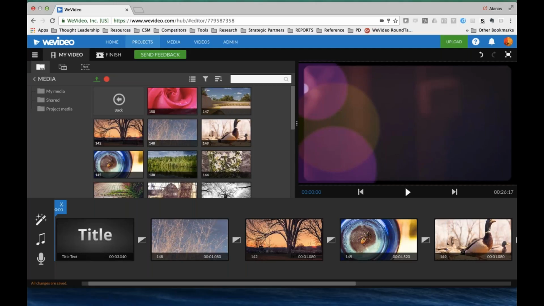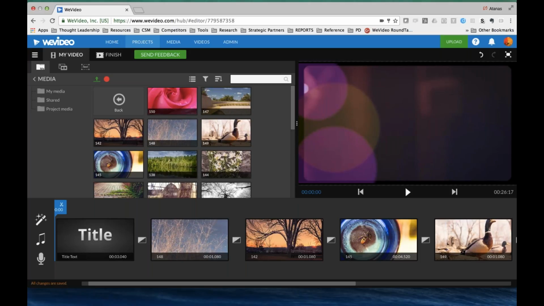You already had your photos in your media file already within WeVideo, but a lot of these users don't even have a WeVideo account yet, so they would probably be getting them maybe from Google Photos or just a file folder. Can those be exported from their iPhone, from anywhere?